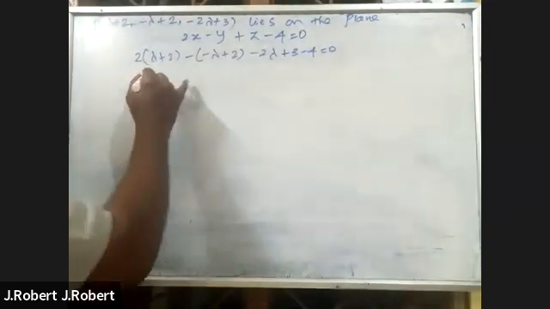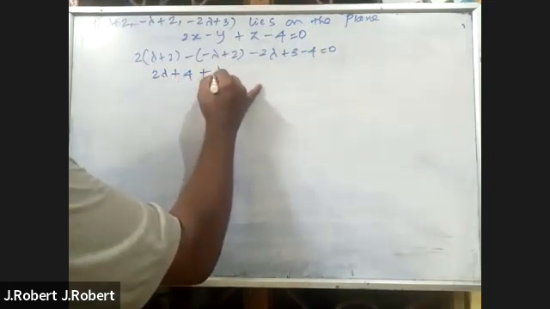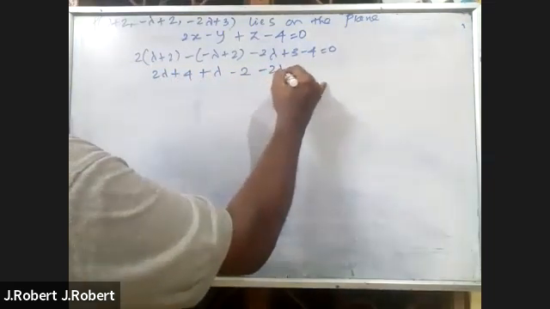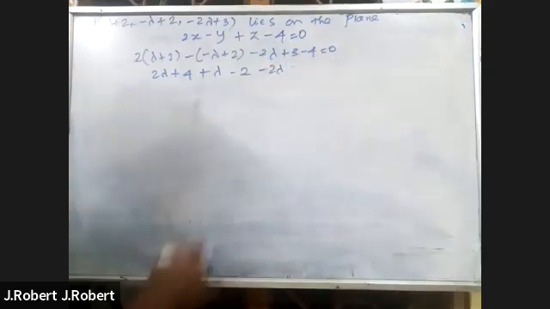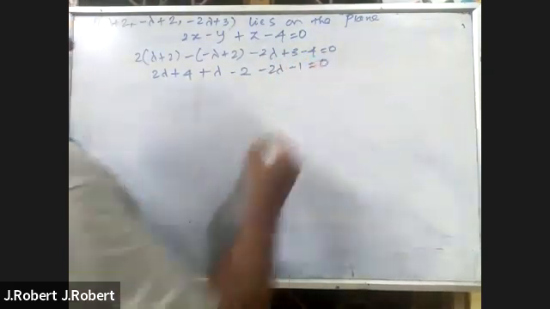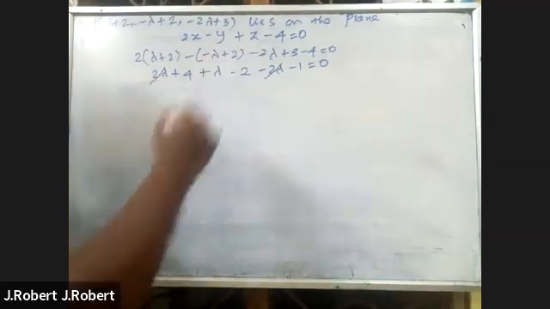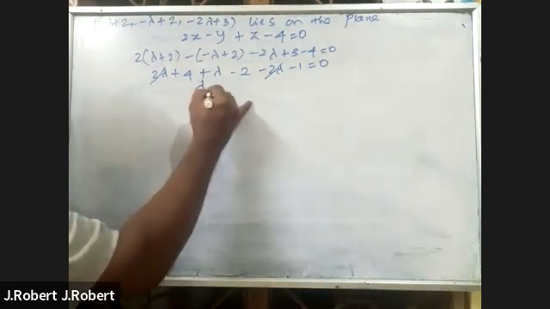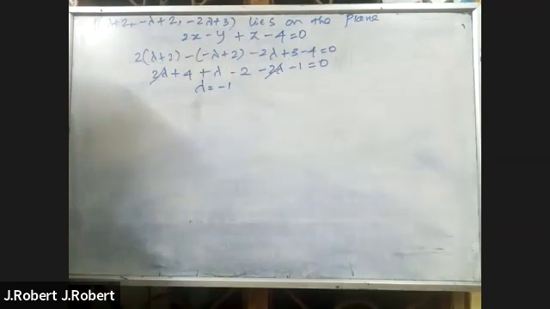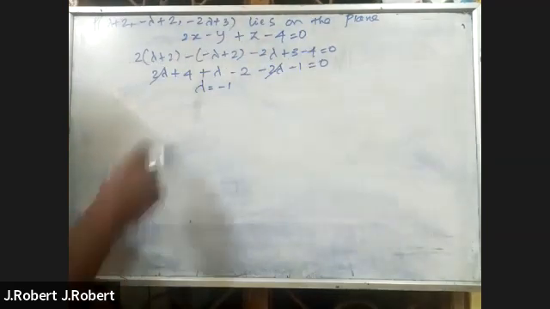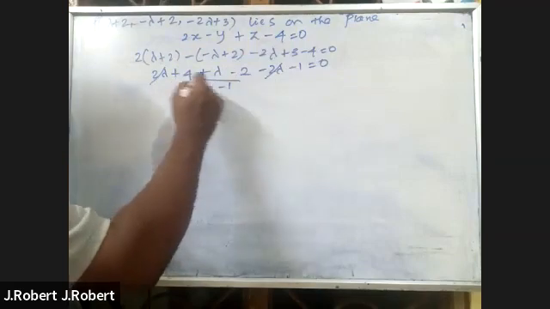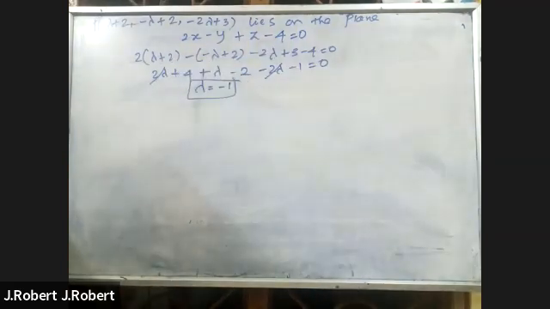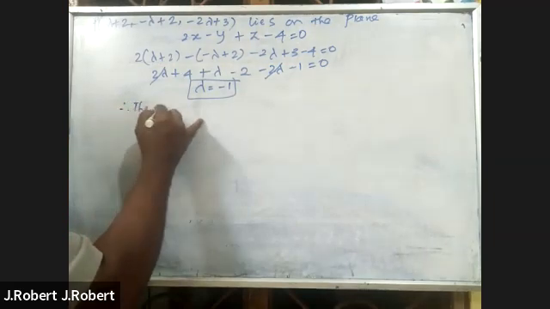So we get 2 lambda plus 4 plus lambda minus 2 minus 2 lambda plus 3 minus 4. Simplifying, 2 lambda gets cancelled. Now we have lambda minus 2 minus 1 plus 4. We have found that the value of lambda is equal to minus 1. Correct? Your lambda is equal to minus 1. Therefore, the point of intersection,